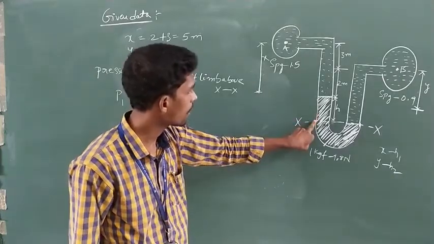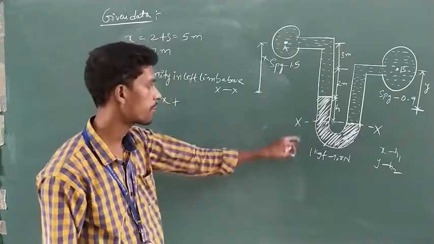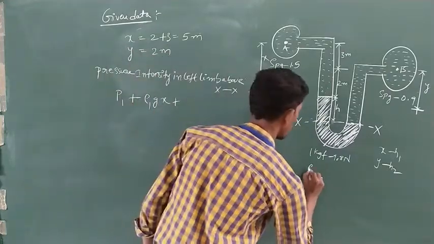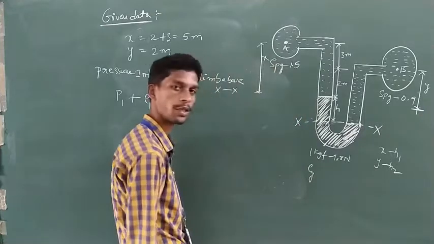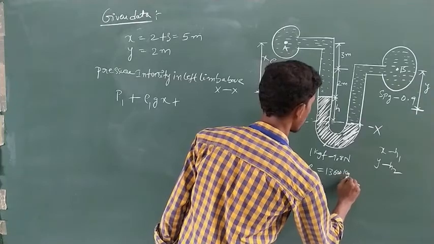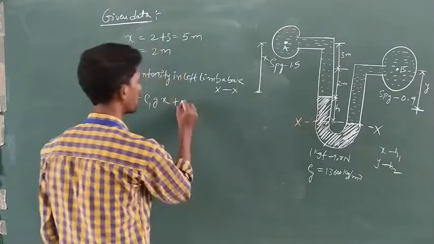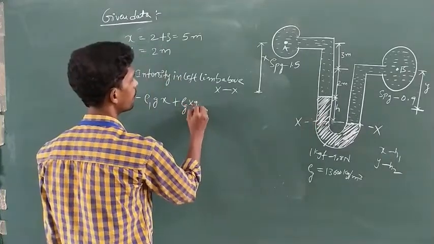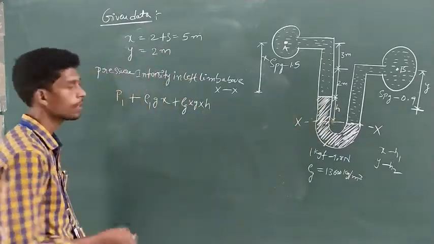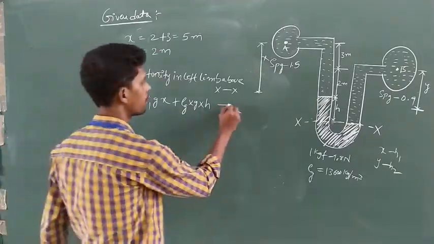See here. Here the mercury pressure, what about the mercury specific gravity, that means 13.6, the density of mercury. So denote the density of mercury with the symbol ρ suffix G, and what about the density here? 13,600 kg per meter cube. So right. So here first one ρ G into G into what about this height? H. It is the unknown value, right? So this equation indicates the pressure intensity on the left limb. Okay. So this is the equation 1.